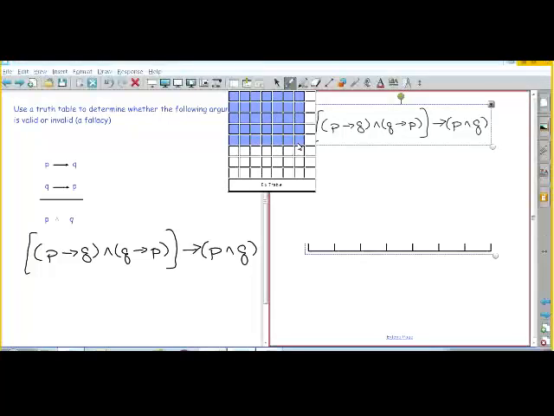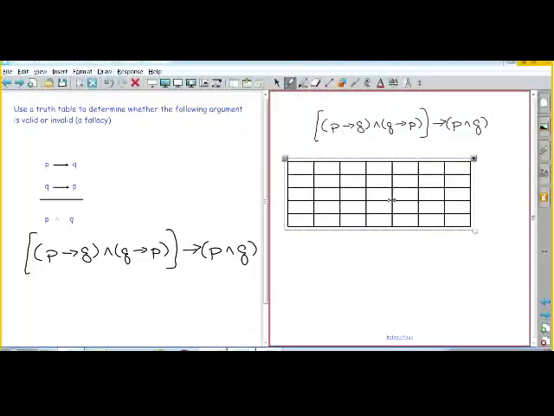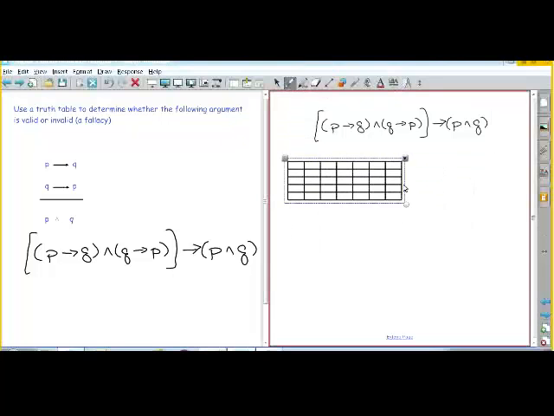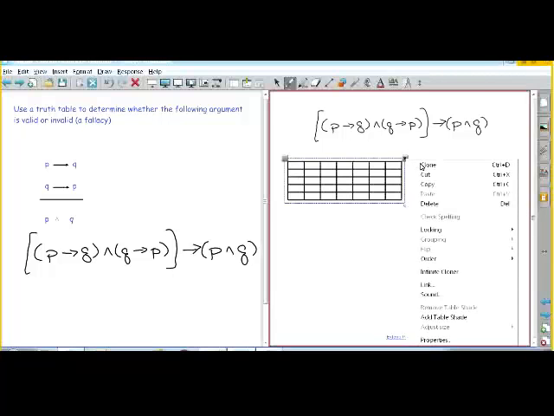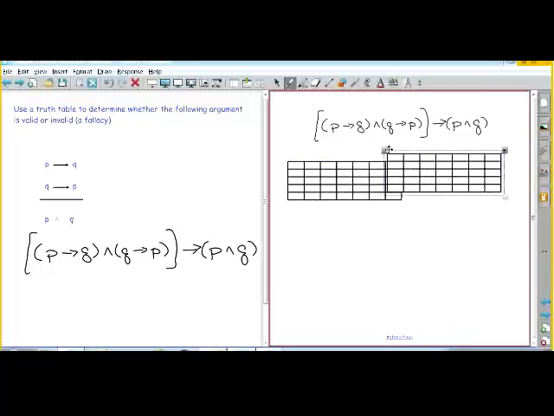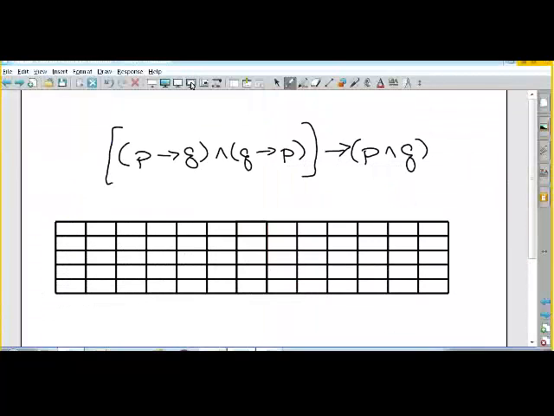So it's going to get kind of big. Put that on one page: P, Q,